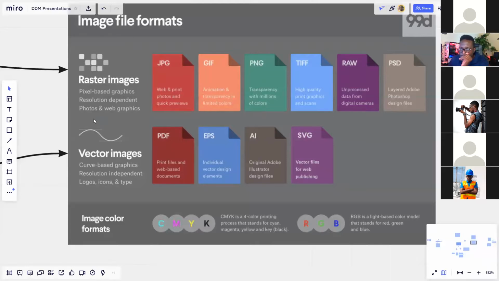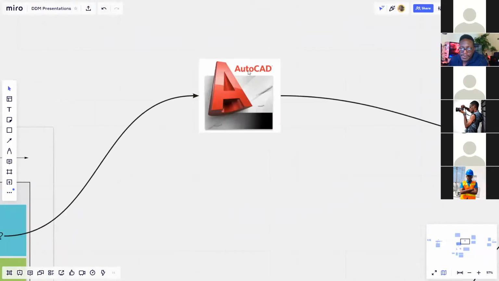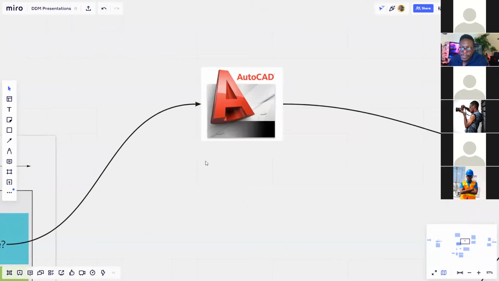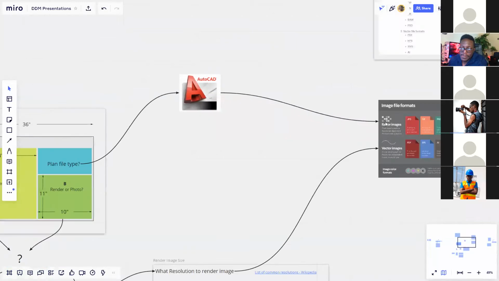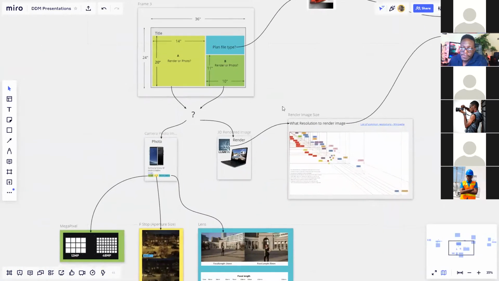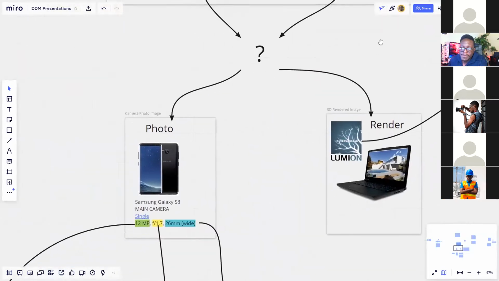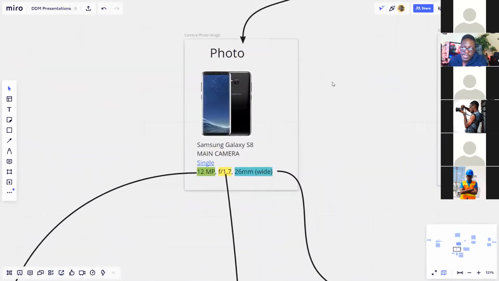This week now, we're going to investigate vector images. And then we'll be better able to answer this question. When we're producing a plan from AutoCAD, what file format should we save in? And that is the question that we will answer next week. But for now, what I expect everybody to get from now, because we're going to leave this topic now, is how do we determine